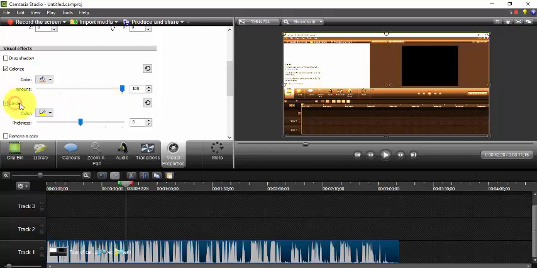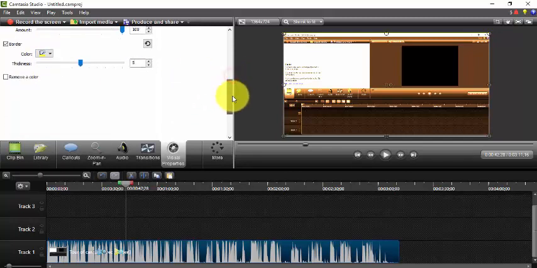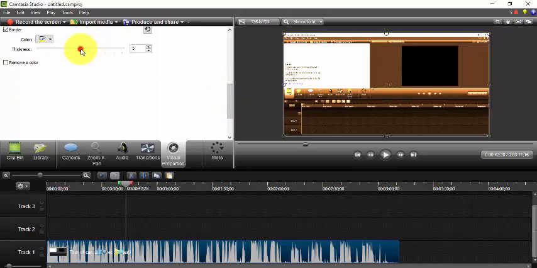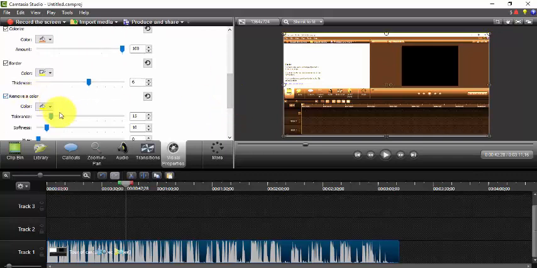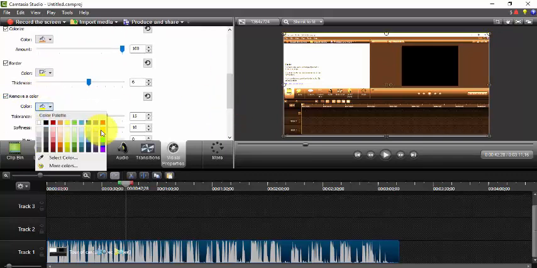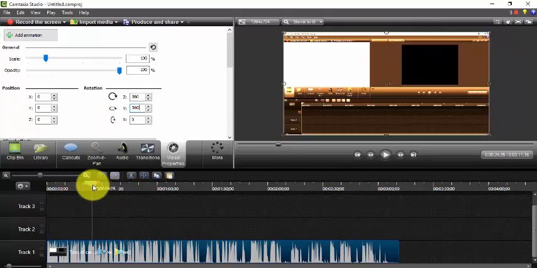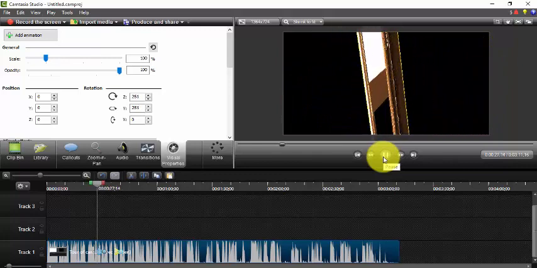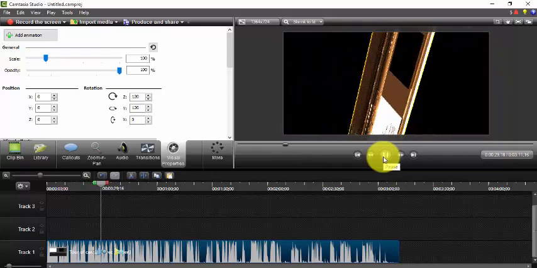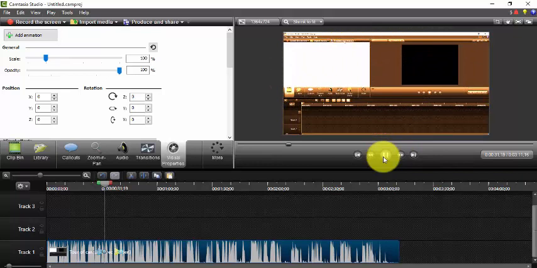We can also add a border, which you want to add, and increase the thickness of the border. And which color you want to remove, just select from here. Now let's see the preview. You can see the rotation and yellow borders,